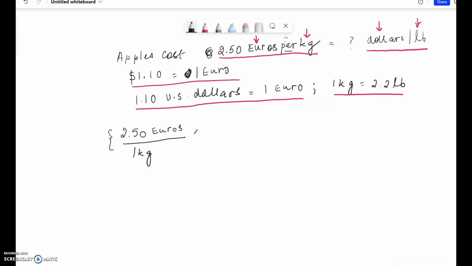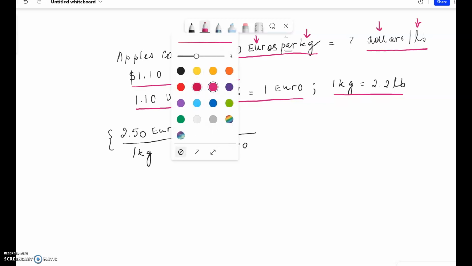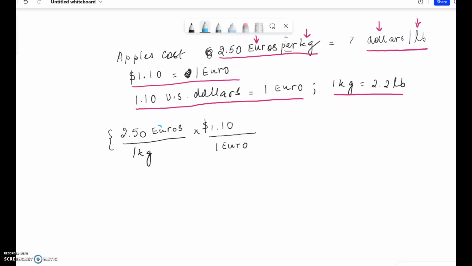So now we're going to change euros to dollars. So we need to cancel euros. We use this equation. So 1 euro is 1.10 US dollars. So let's make sure that we've cancelled the units here, and now we have dollars. We're left with dollars in the numerator, so we've changed the unit